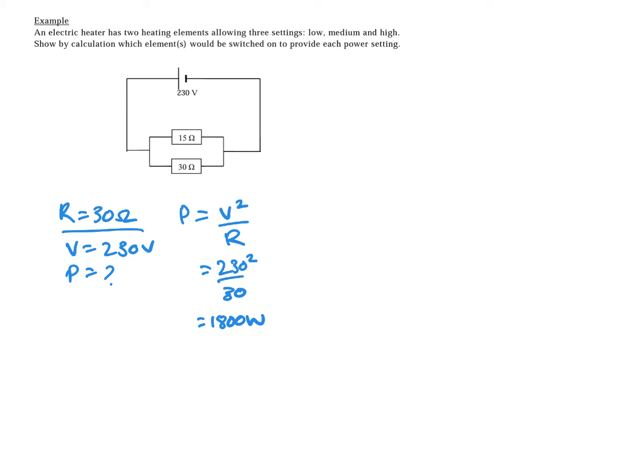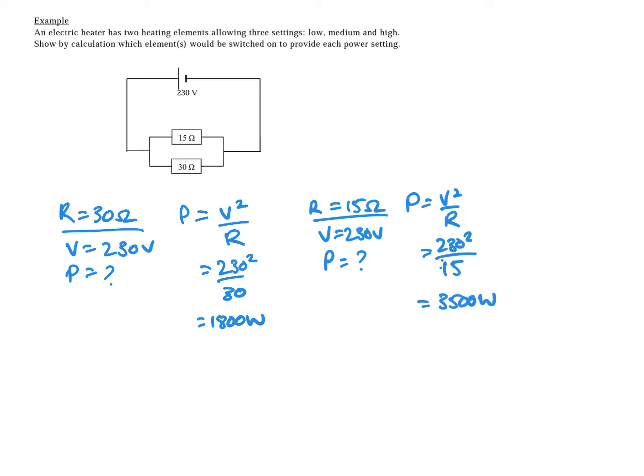Do a similar thing for the R equals 15 ohms. V is 230 volts, so work out that power. And now we see that with a smaller resistance, we get a higher power. But that's not the highest possible power, because remember, in parallel, if we combine two resistors in parallel, the combined resistance is always smaller than that total resistance. So for both,